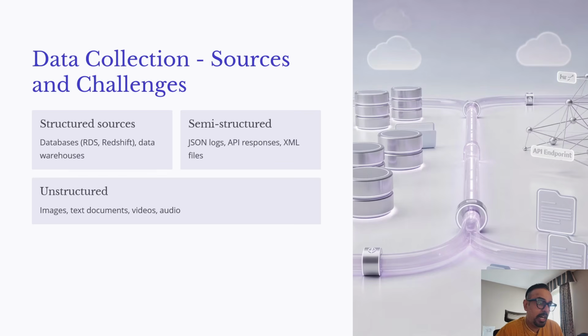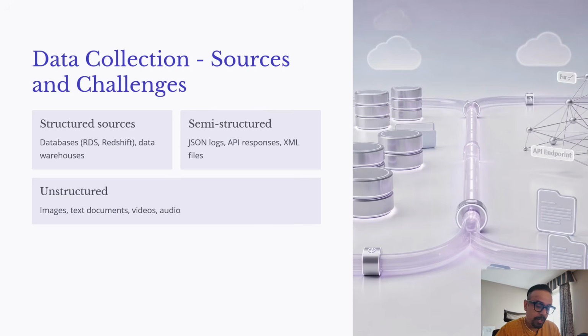Now, unstructured data includes images from cameras, text documents like emails or reports, video from surveillance, CCTV, or audio recordings. These have no inherent table structure. To use them in machine learning, you must extract the features, maybe using computer vision to detect objects in images. Now, NLP can be used to extract topics from the text, or signal processing can be used to extract patterns